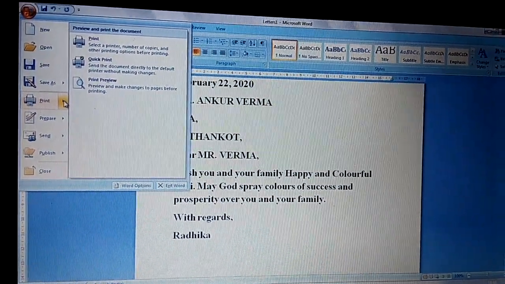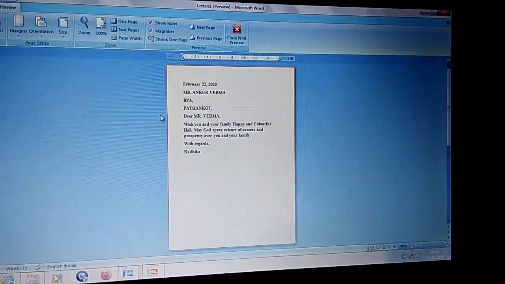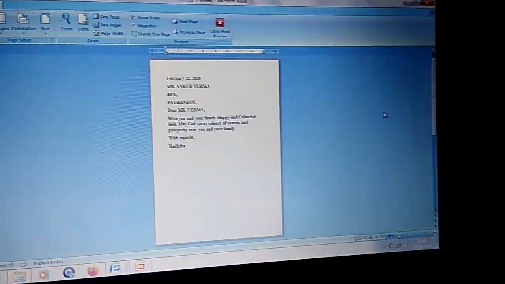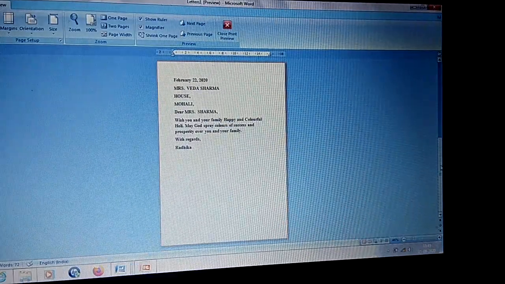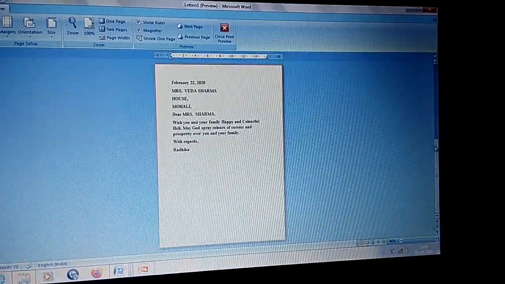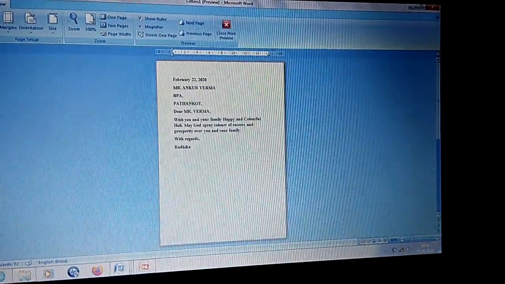Click on it, and this is the print preview. This is the first page, and you can scroll down. This is the second page, and this is the first page, Ankur Verma.